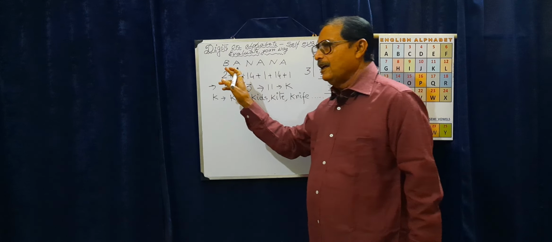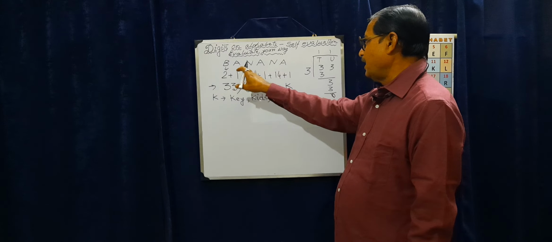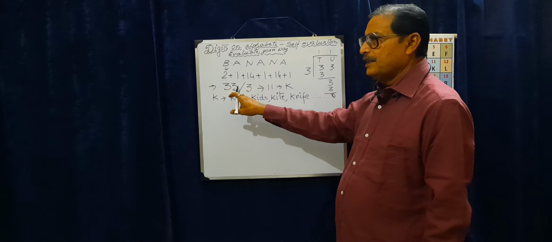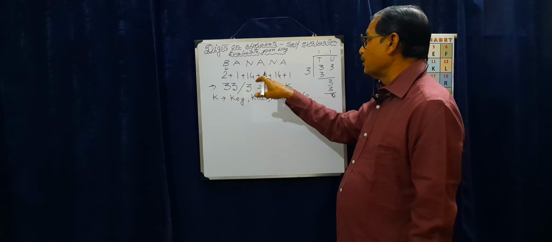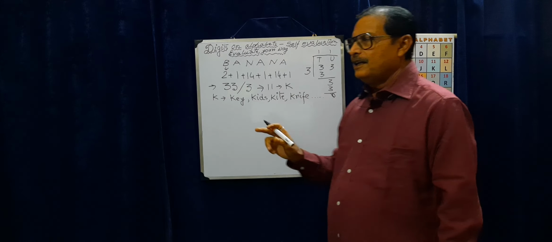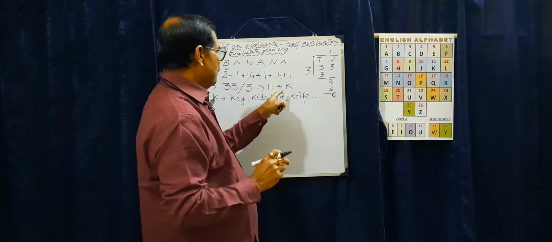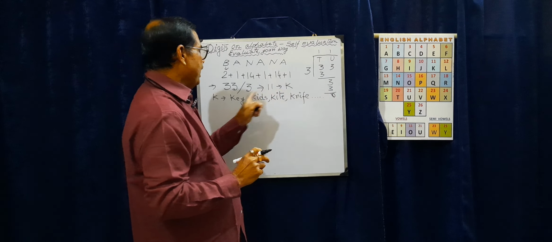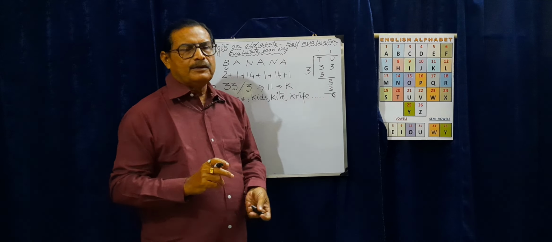Now we have seen that we took a banana. From banana we worked out the sum of the digits in this word, that was 33, then divided by the number of A's in the word banana. So we got 11. The digit 11 represents K. So we got the K. From K we have made a number of words. Now next,